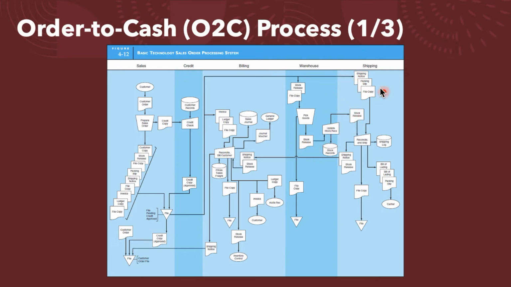Of course, before they can forward the goods together with the file copy of the customer order na na-approve na rin, they will update their database as to the stock records. Ibig sabihin, they need to reduce the inventory. Tama? And of course, they will be filing a copy of the customer order sa department nila, no? And then